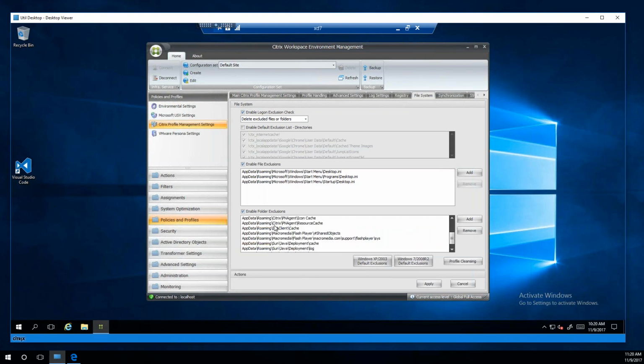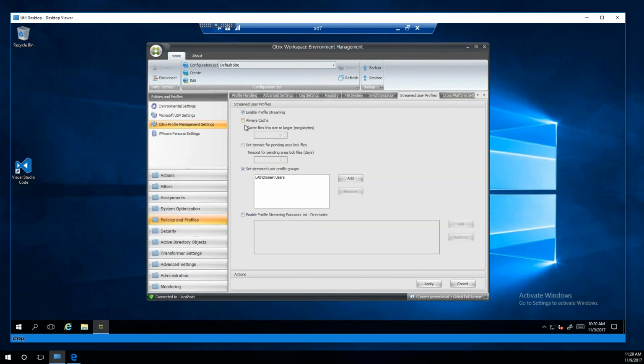By default, I'm going to save the roaming because that's what Microsoft's going to do anyways, except for things I know that should be killed. And local low, I will never save by default unless you're bringing in a specific application. And then, of course, turn on your streaming. If you don't turn on the streaming, you've just lost all the benefits of UPM. That's what makes it so much faster when it gives it the file stubs.